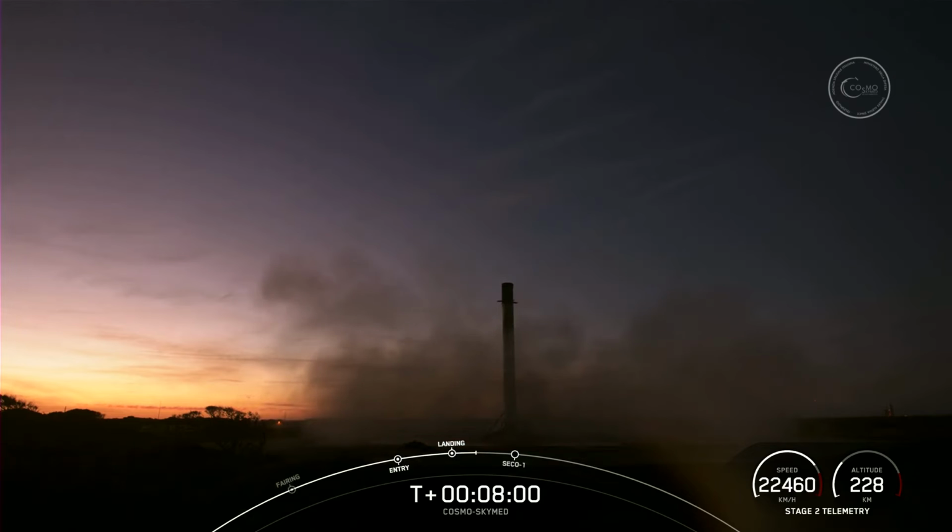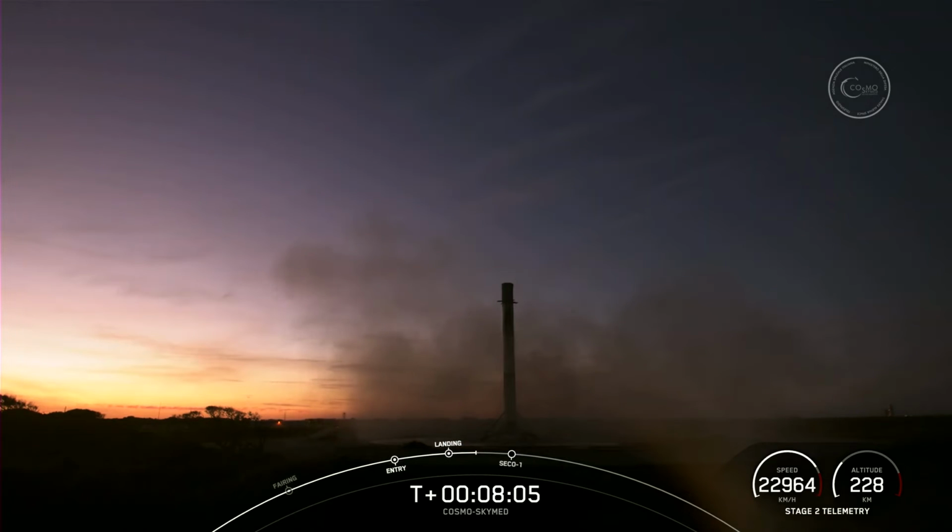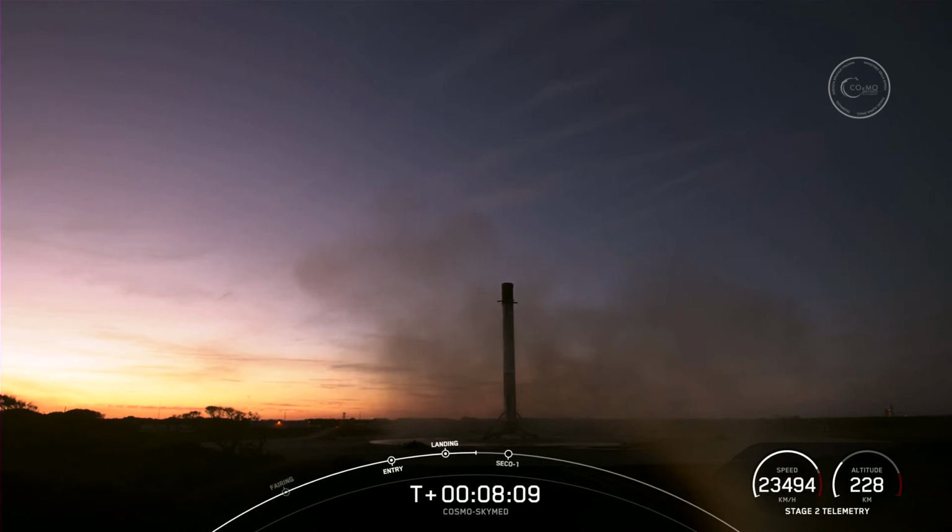And what an incredible sight to see. We have touchdown of Falcon 9 at landing zone 1. This is our 104th recovery of an orbital class rocket. That includes first stage landings for both Falcon 9 and Falcon Heavy. And speaking of Falcon Heavy,